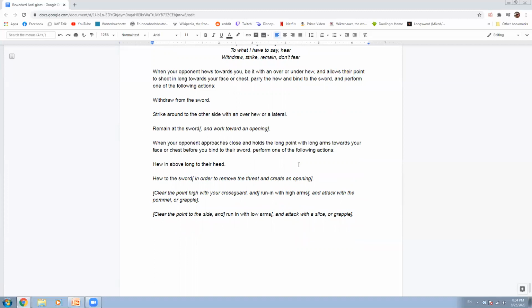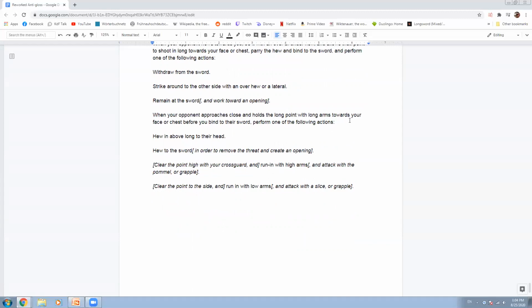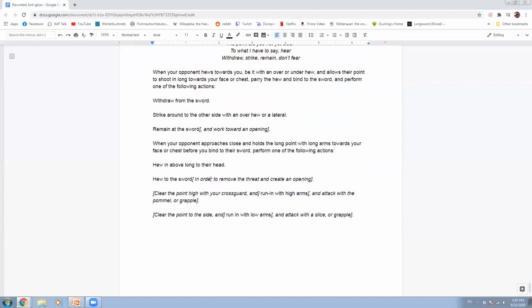When your opponent approaches close and holds the long point with long arms towards your face or chest, either hew into their head, hew to their sword to move it out of the way, or clear their sword out of the way and run in with high arms or low arms, either way, probably to grapple. So this one I never really fully understood, either in the gloss or in the anti-gloss, because it doesn't seem